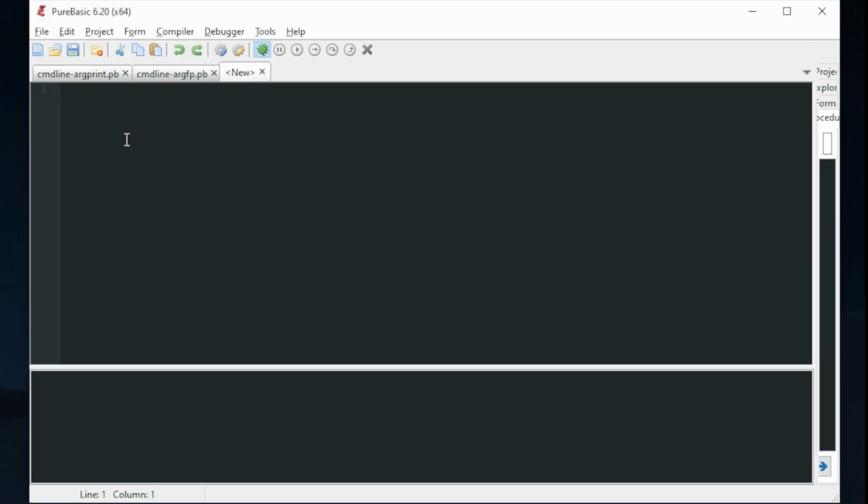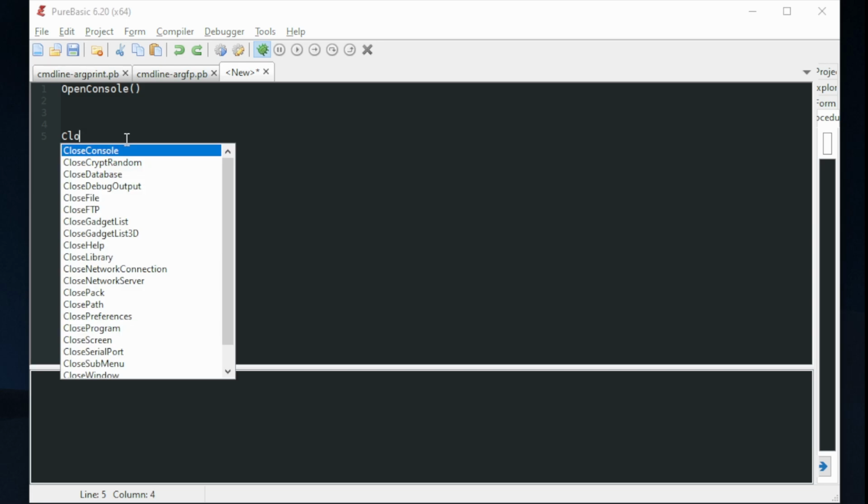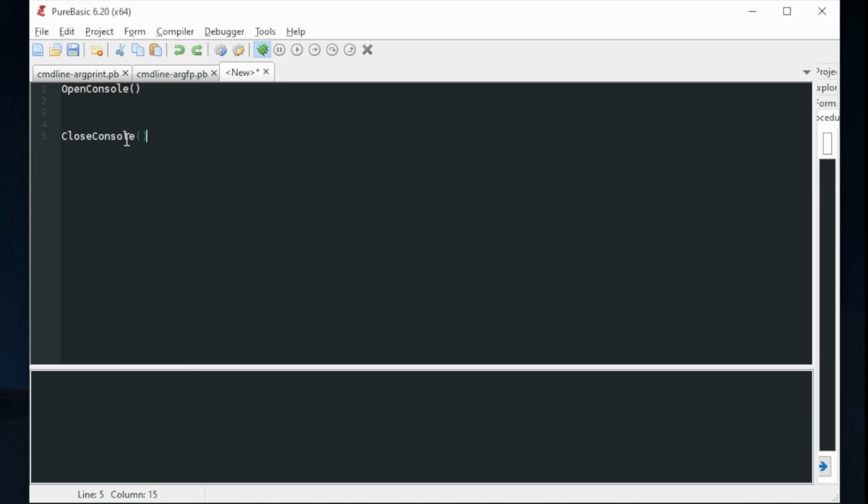So in PureBasic, the basic way to open a console or to open a command line is to just type in open console, and then anytime you open a console, you want to close it. So this is kind of similar to when you open a text file, you always want to close the text file. So in between here, you're just going to put in print hello world,